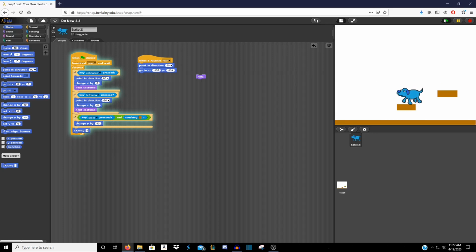So that's how you add an argument to a custom block and how you can change that within a script. This would come in handy, for example, if we're working on a game later where maybe I have a heavier character compared to another, or maybe I have a character that I want gravity to be a little bit more difficult, or maybe it would just be, hey, I move on to a new level in this game